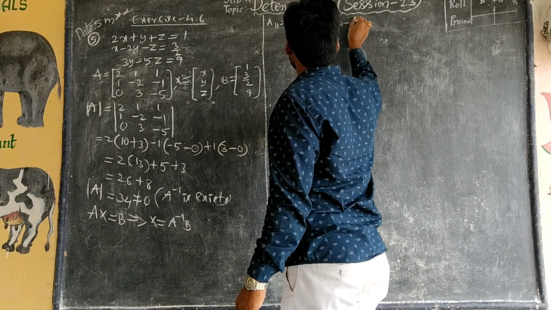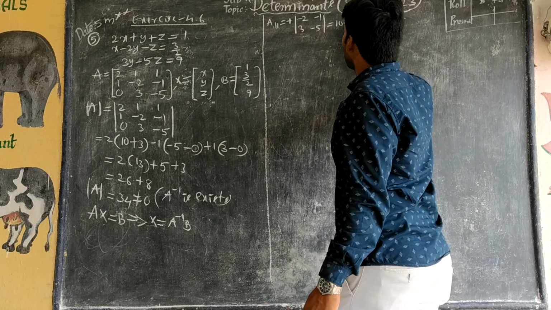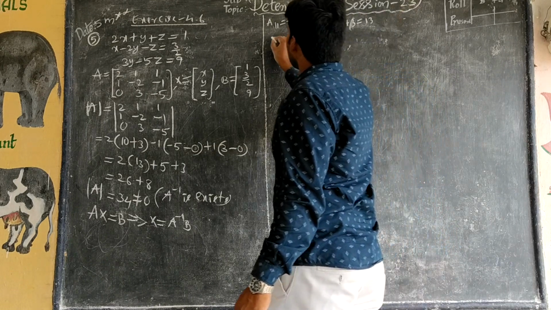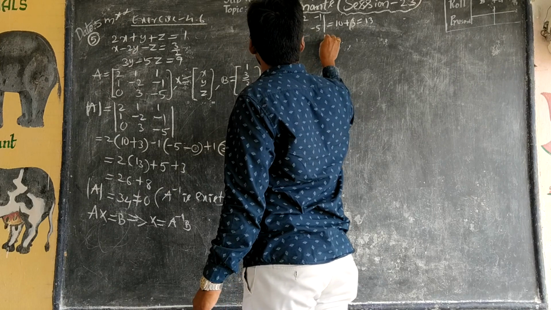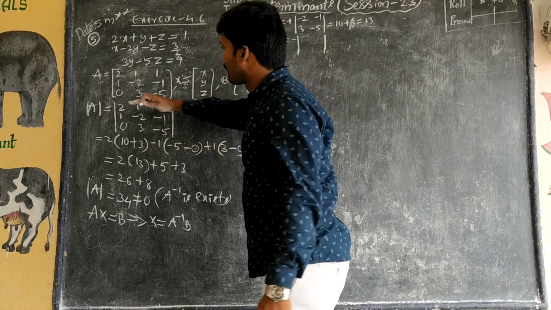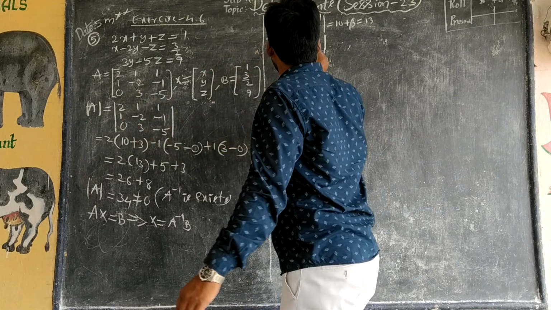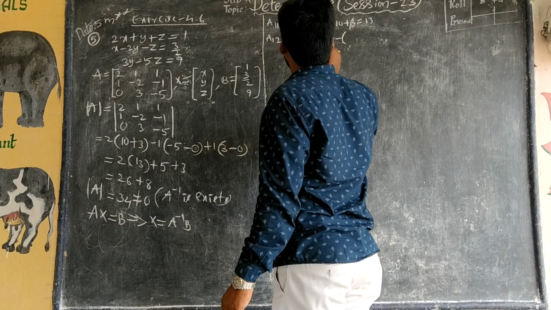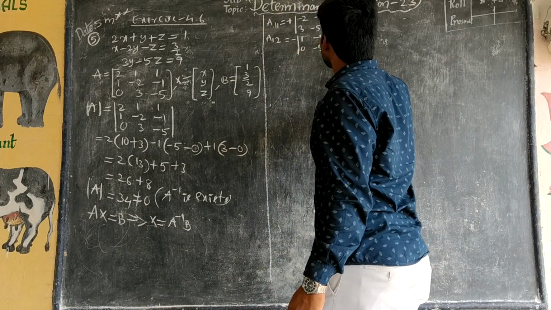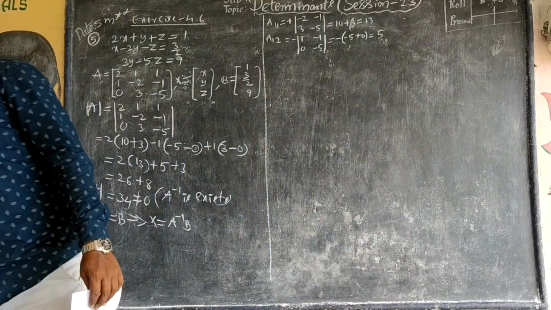Minus of 3 into minus 1 minus 3 minus of minus plus 3, here 30. Next, A12: sign is minus into the determinant of the matrix remaining by deleting first row, second column: 1 minus 1, 0 minus 5. Minus of 1 into minus 5, minus 5 plus 0. It is clearly 5.